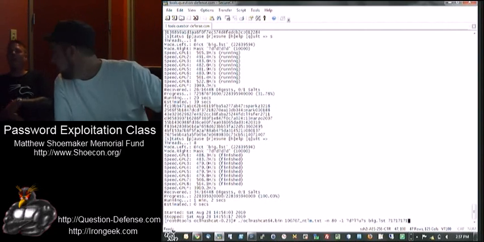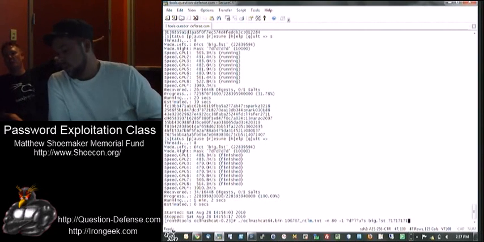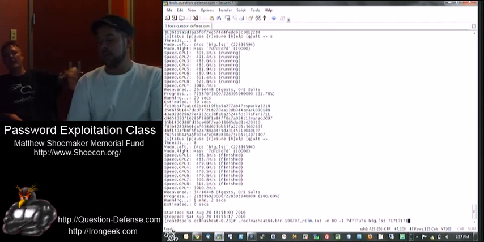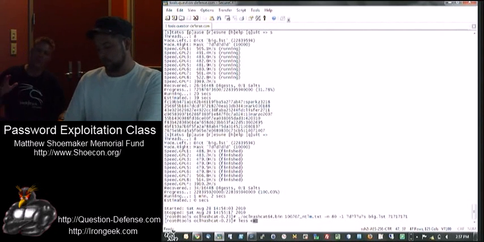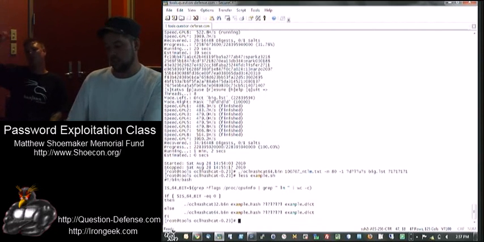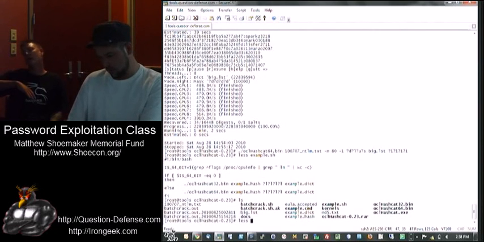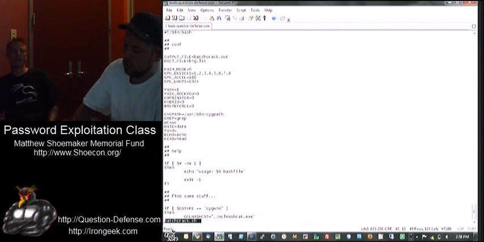But that also makes this really easily scriptable in a batch script. And there is a batch script included. It's not the best. It needs some work, and we're all working on it, but it's really easy to just script all these attacks one after the other and let it go. And the output file will keep appending to itself, so it doesn't overwrite itself.